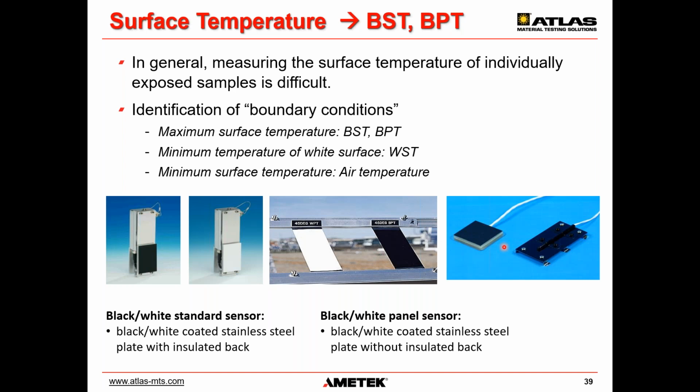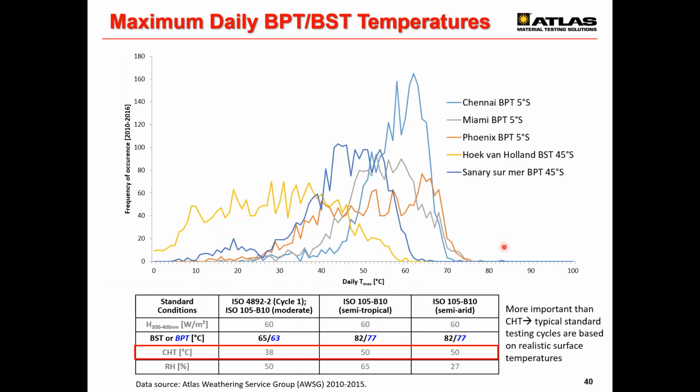And there are similar sensors to represent the lower limits of opaque surface exposed to the environment, and it's the white panel or the white standard sensors, relatively the same. And also here to give you some numbers, the frequency of occurrence of specific black panel or black standard temperatures at the same sites in India and the US and in Europe. And again, Chennai, Miami, Phoenix, sometimes we observe surface temperatures above 70 degrees Celsius, very seldomly above 80 degrees Celsius